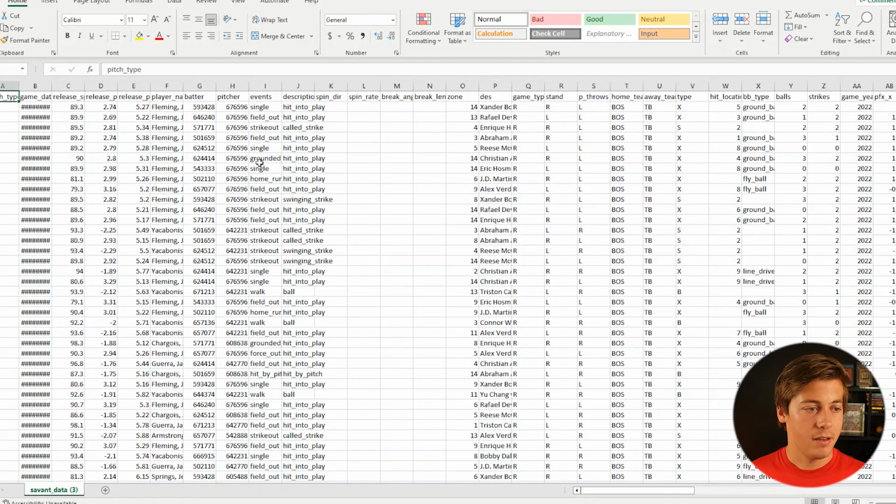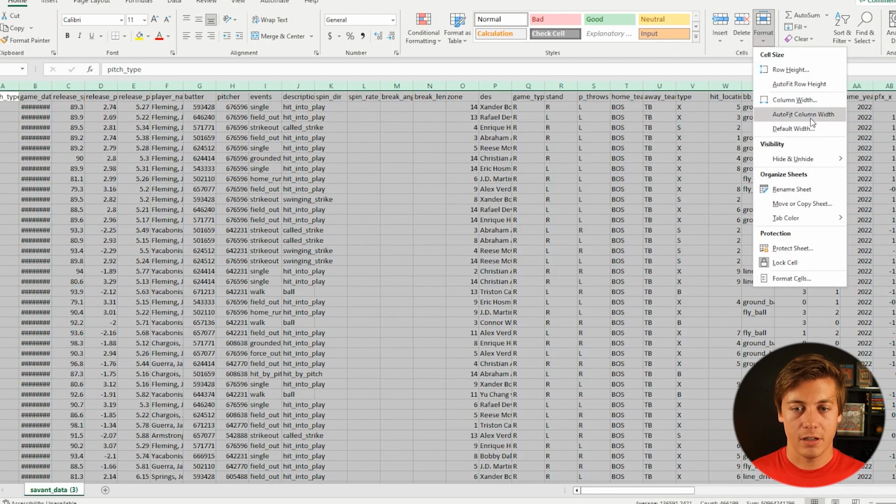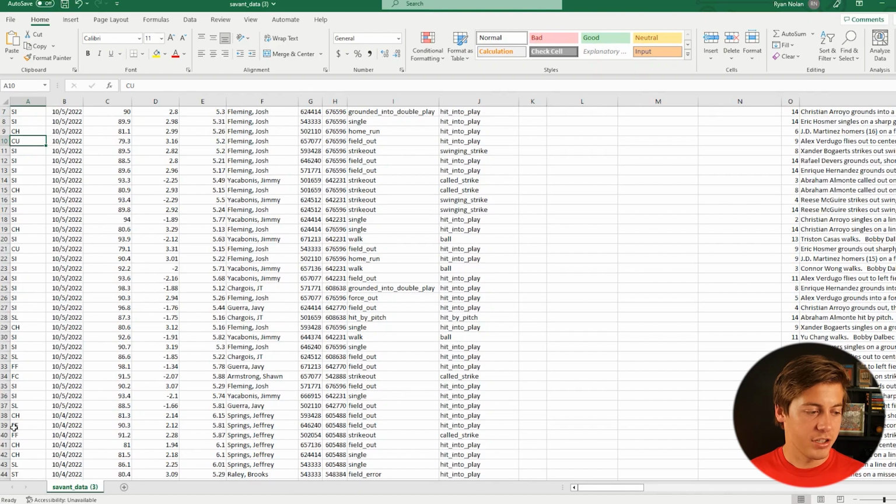And you guys can see how this works. I'm just going to format this in autofit column width. Here's how this table is outputted. So we have a pitch type over here, which will tell you what was thrown. I think this is slider, SL, and then we have a changeup, cutter, and there's a bunch of different ones